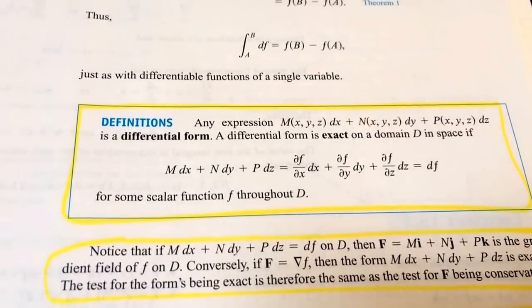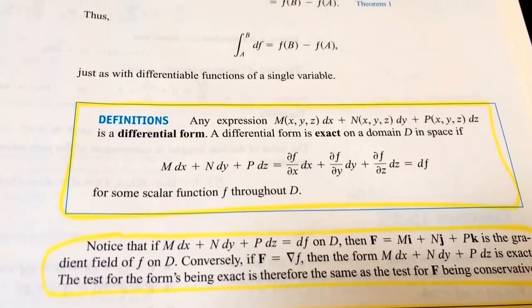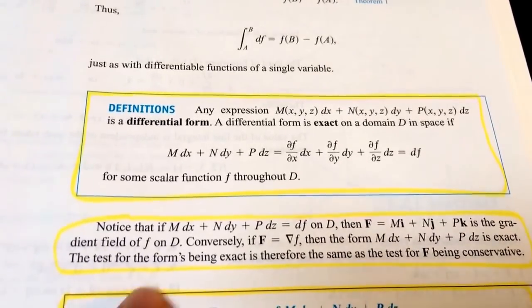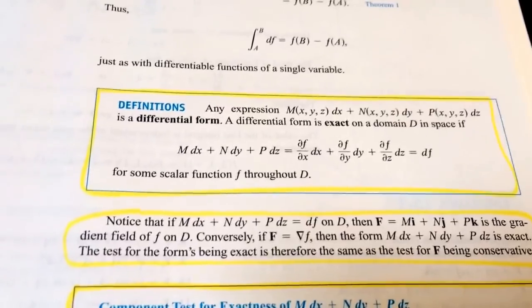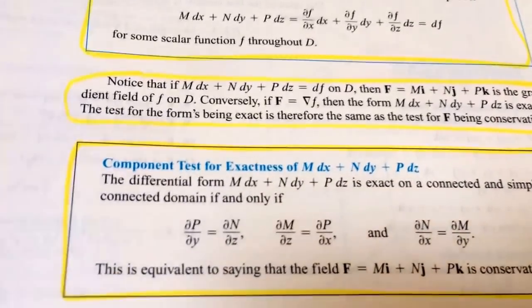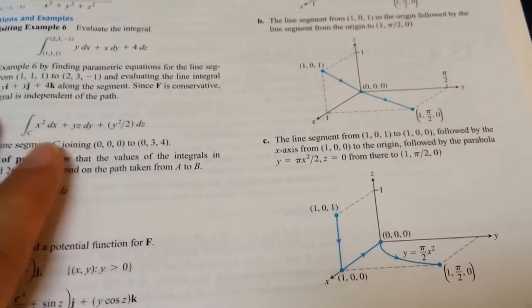And then here they talk about how to check if something is exact. And they have the formula here again with these partial derivatives. And here they're talking about this test, down here, this component test for exactness. So notice the same thing. This is page 855. This is page 852. Same thing. So you're just checking the same thing. This would be checking for exactness though.